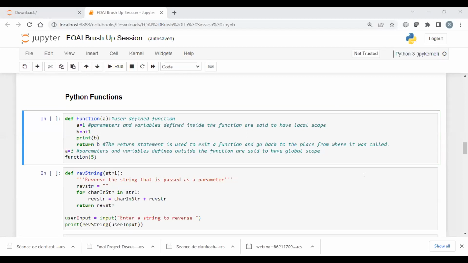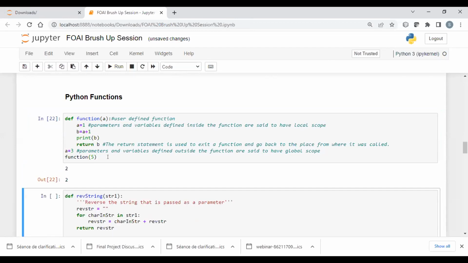Just try going into the function definition and see when we pass 5 to the function, how the statements will work inside it, and finally what it's going to return. Okay, we have different answers. Some are saying 2, some are saying 3, some are saying 6. Let's run the code and see what the outcome comes out to be. So the output comes out to be 2.